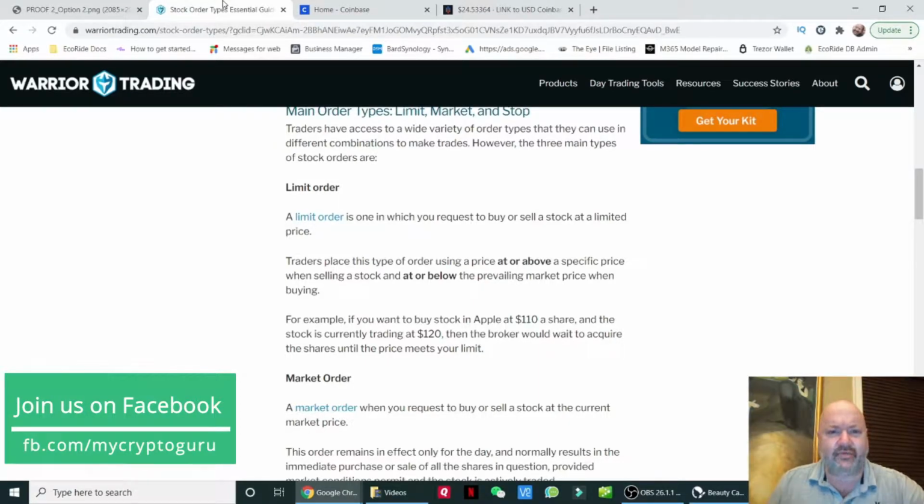There's technically going to be four order types, but the fourth one is just a variation of the same one. So the first order type you're going to see, and this is the one you're going to run into the most, because if you put an order in on the bigger exchanges or the more advanced exchanges like Coinbase Pro or Binance.us, you're going to just automatically be putting in a limit order. That's what they default to. So the main types of orders are limit, market, stop limit, and stop order, which is basically a stop market